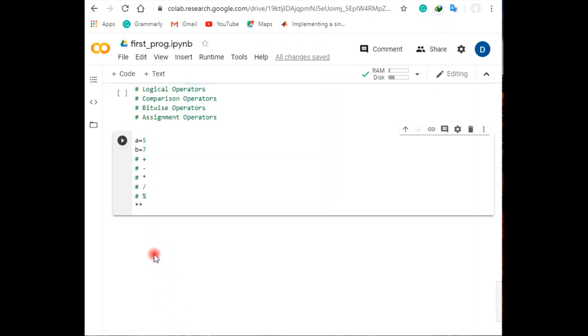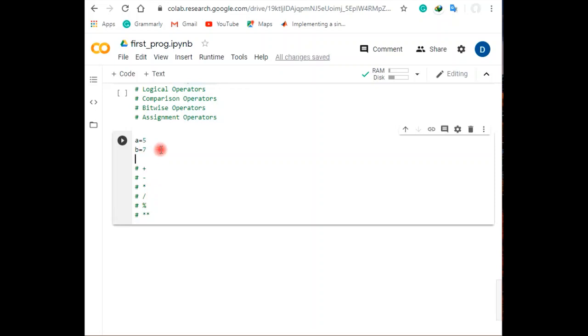I have taken all of them in a hash to make them a comment so that they do not affect our program. So if we have a equals 5 and b equals 7, any operation can be utilized over here.